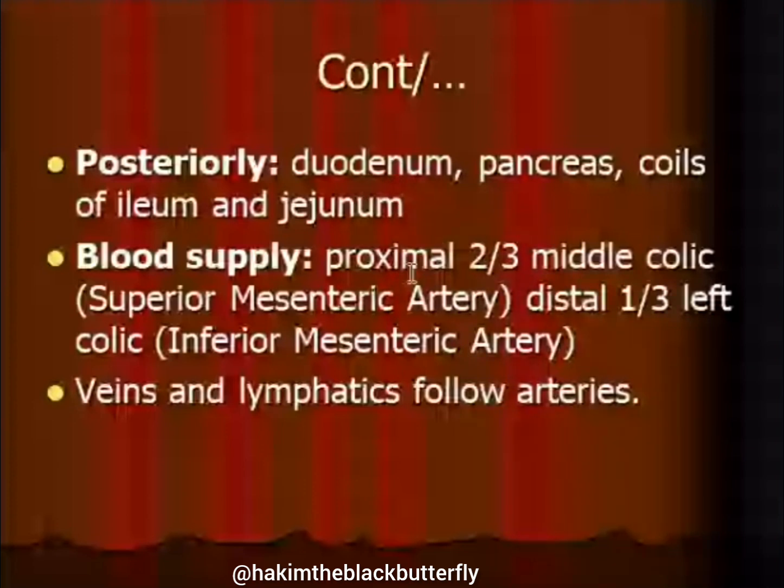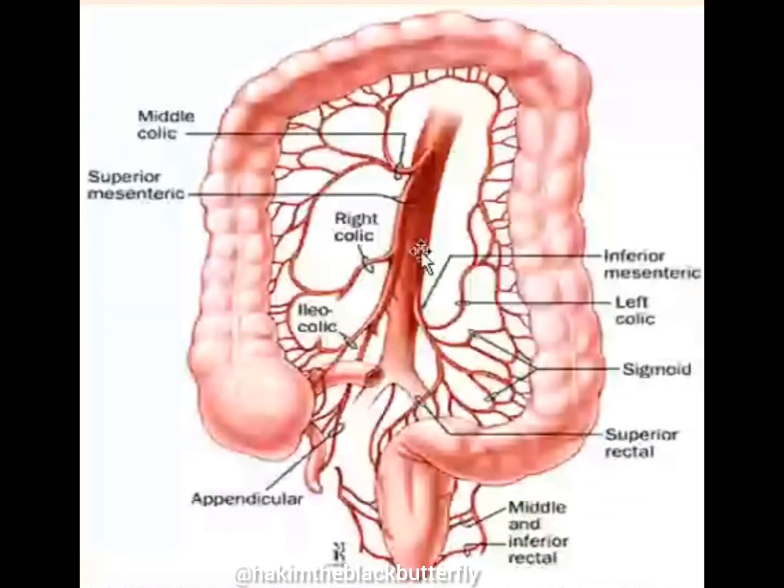Now let's look at this blood supply and we see it clearly. We have seen already that the ileocolic artery supplies the cecum, the appendix, and the proximal part of the ascending colon. The distal part of the ascending colon we saw was supplied by the right colic artery. Now what about the transverse colon? The transverse colon is supplied by the middle colic artery, and this is very important,